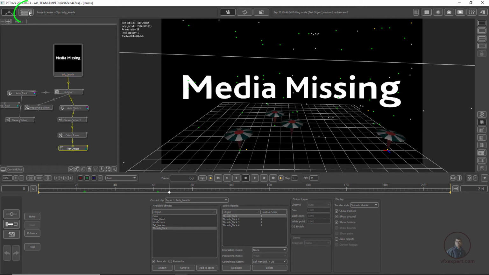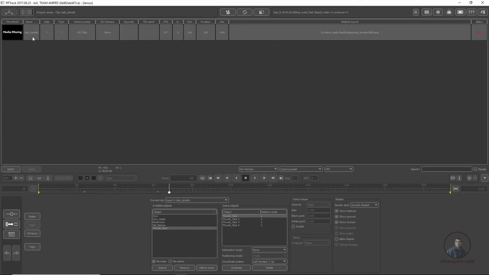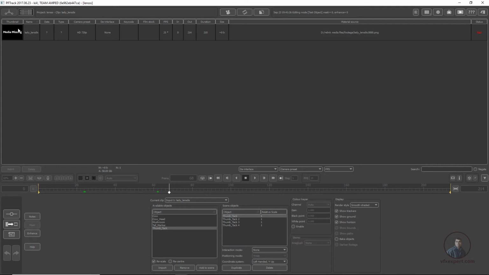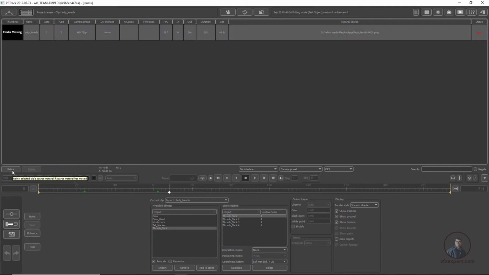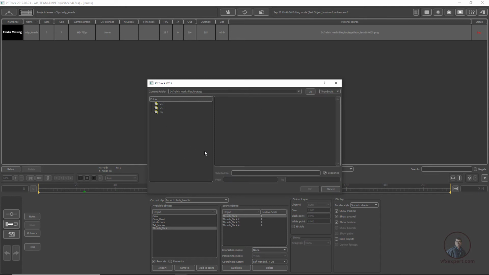Okay, this is our tree panel. At the top here you will see one more option. Now click here. Here you can see this is our media. On the right side you will see status is bad, which means these are missing files. Now you have to select this one. On the downside you will get the relink option. From here you can relink your missing media or missing footage. Now click here. From here you can select your folder or a footage. So, D drive. You can select any folder in which you have saved your footage.